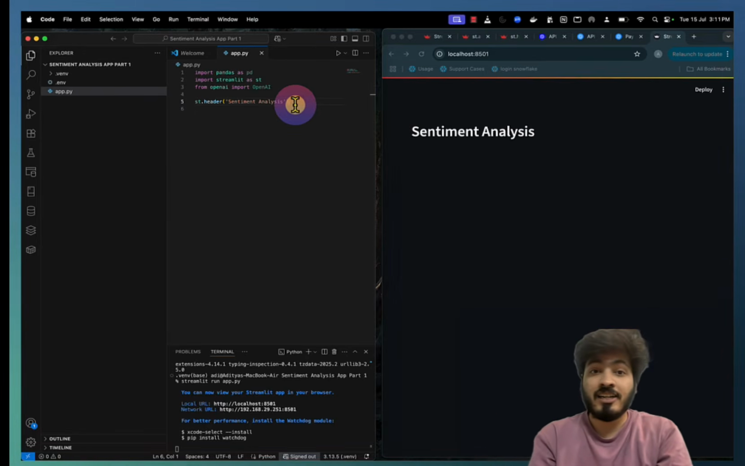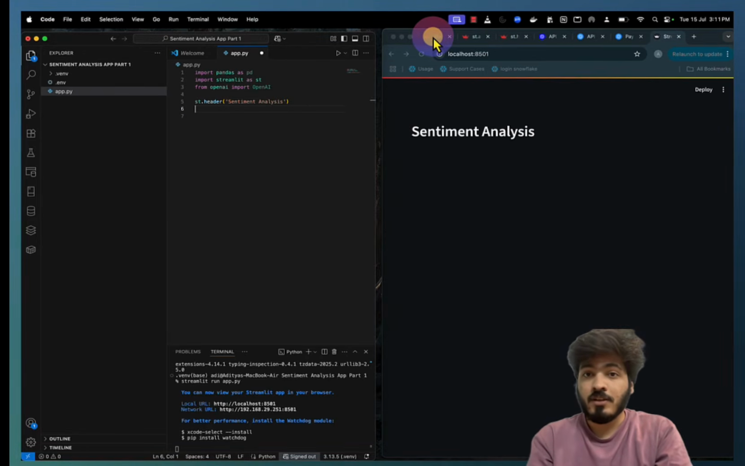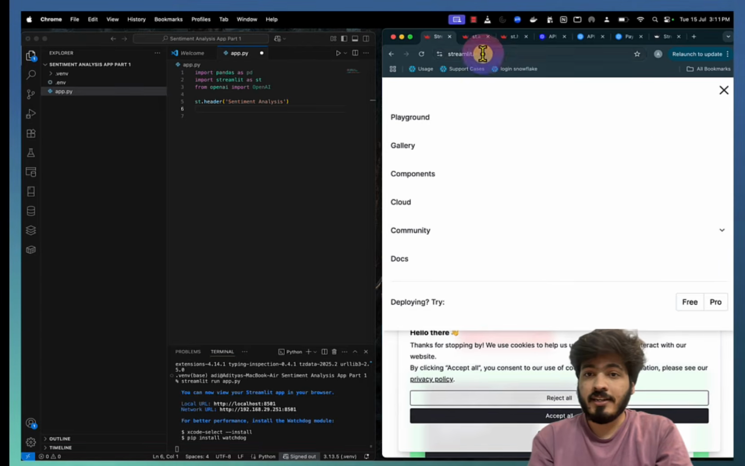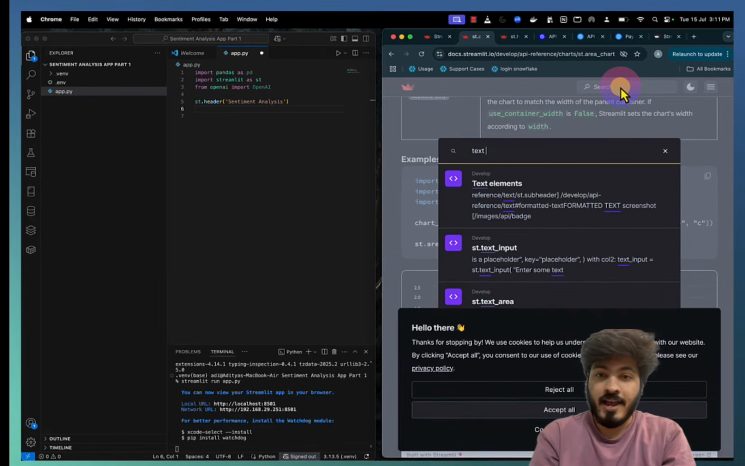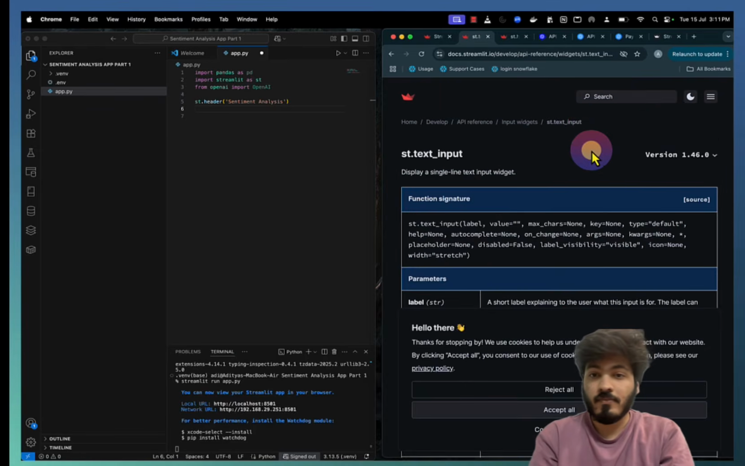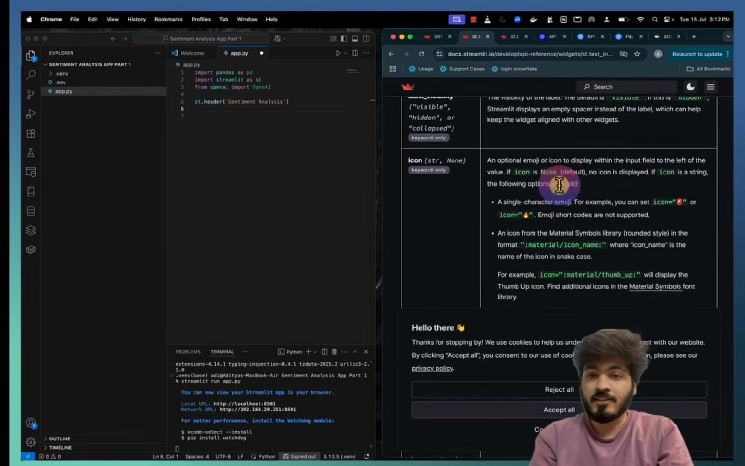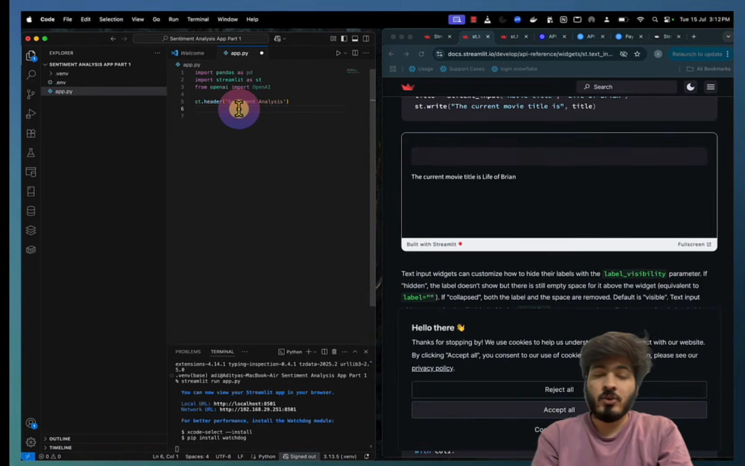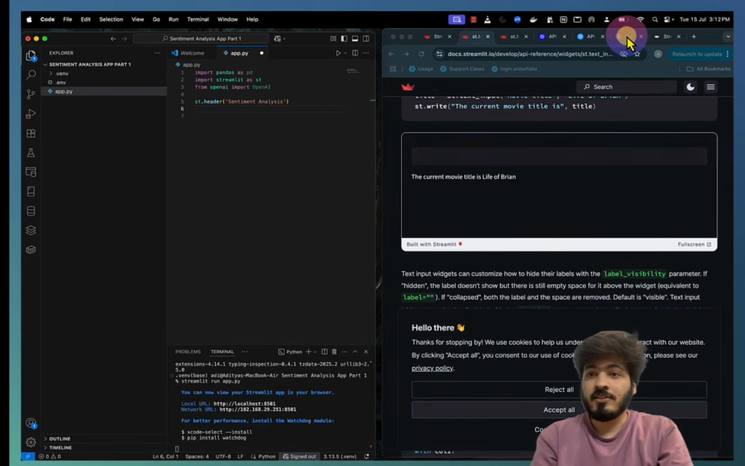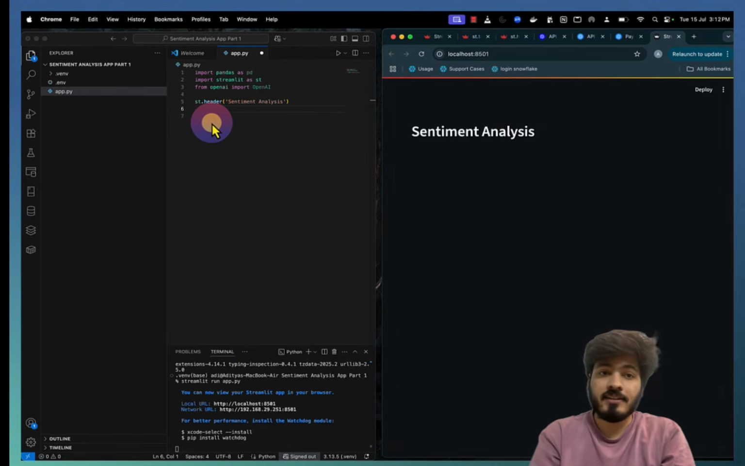So let us explore a little bit of Streamlit. Now, for example, I want to create a text input. Okay, so I can just search here text elements, text input. It will create a text input, a box like this. So what I want to do is create a box like this, right? So I can just go to my app and write in my code